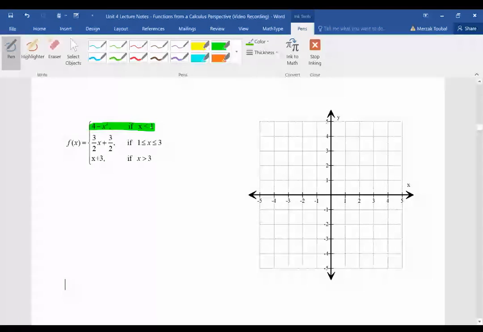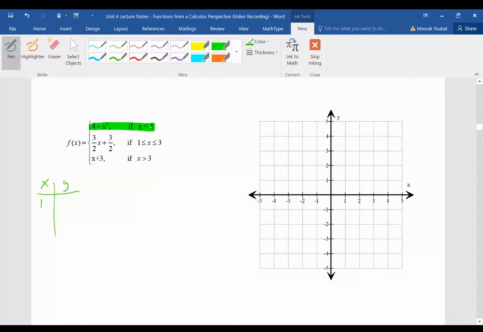All right. So for the first case, we can only sketch the graph of 4 minus x squared for values of x that are less than 1. Now again, x less than 1, but we can come up with values that are very close to 1. So why don't we just plug in a 1 for x and then just use an open circle? All right? So I can use table values. Table values actually is optional. You don't have to use it. You can use different methods, or you can just calculate in your brain and just plot the points directly on the xy plane. So when x is 1,